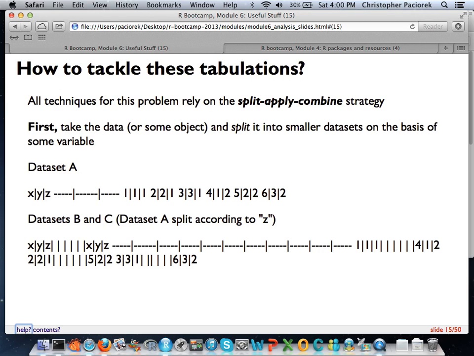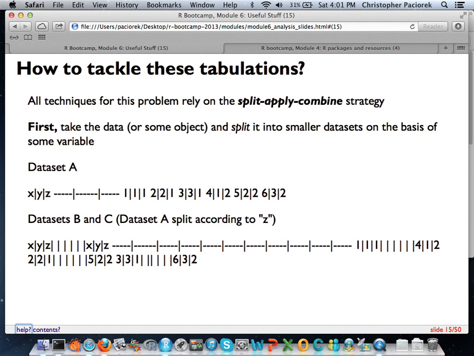All of these techniques that we're going to be showing you rely on this idea called the split, apply, combine strategy. The basic idea is if I want to do some sort of group-wise operation on my data set, if I want to know how summary statistics change according to groupings of X number of variables that have Y number of unique values, what I need to do is 3 things. First thing I need to do is take my data and split it up on the basis of some variable. So I'm going to take this one variable and say, all right, all these rows or all these columns that I'm interested in, however I'm going to split it up, that have one particular value on my splitting variable, I'm going to take them and put them in different categories.